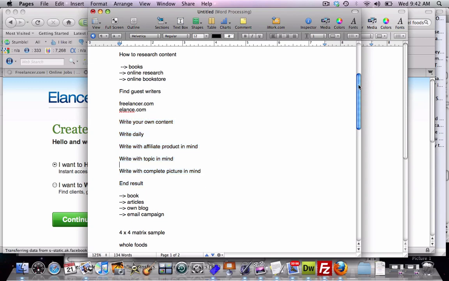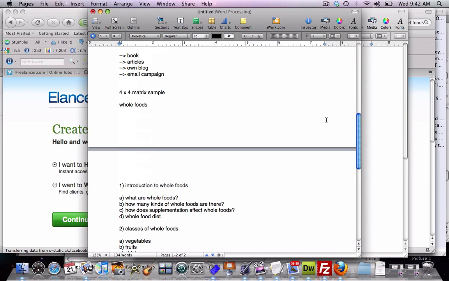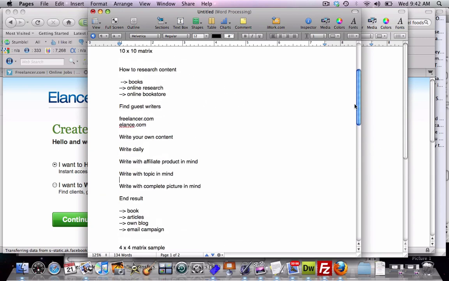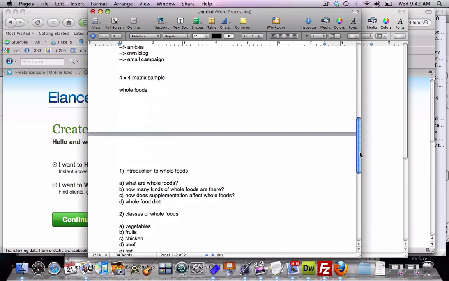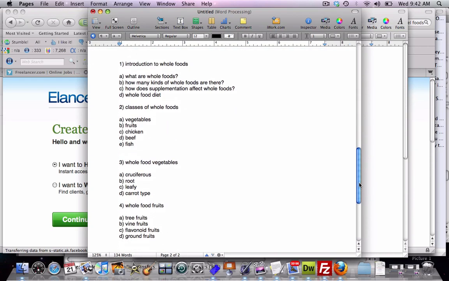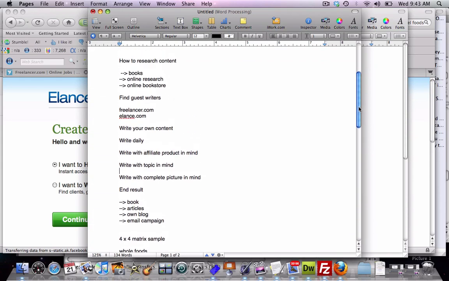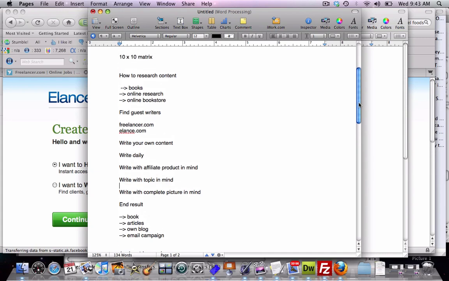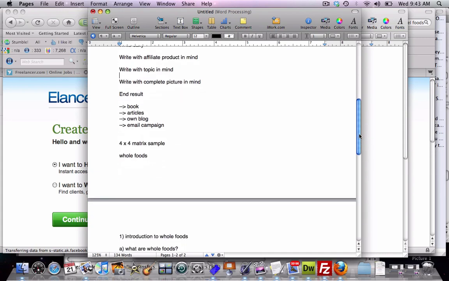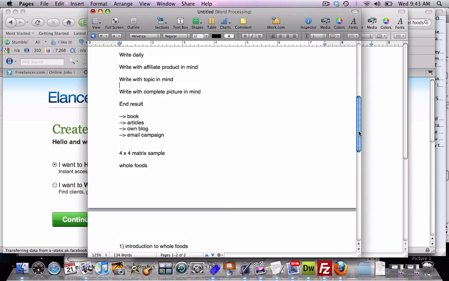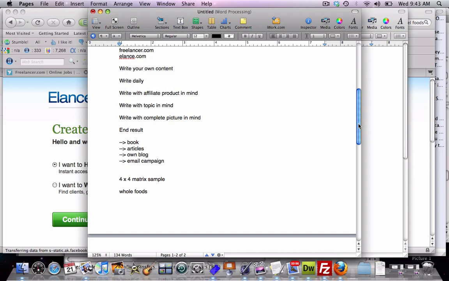So I've shared with you how you're going to have your big picture. You're going to write a 10 by 10 matrix first, so that once you've written 100 articles, you'll basically have written a book. And then you can publish that as an ebook for sale. You could make it into a physical book for sale, whatever you want to do. And you could maybe make a 10 by 15 or 20 by 20 and have a 400-page book when you're all done. I hope you're getting the ease and the clarity of writing with intent. So instead of just writing a random email every day, write yourself an outline and then work from that outline.